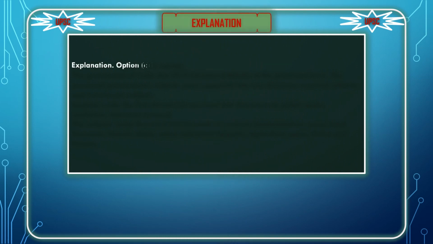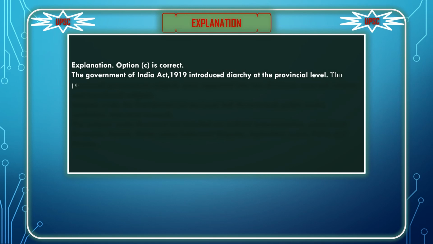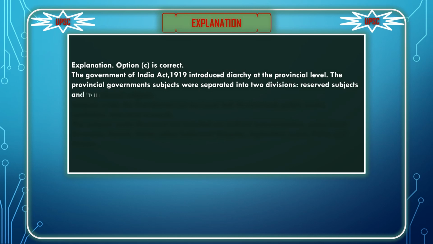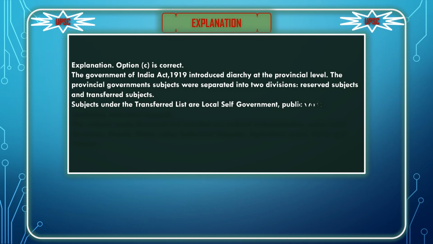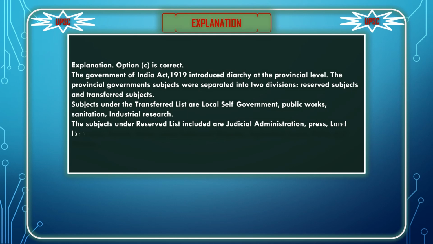Explanation. Option C is correct. The Government of India Act 1919 introduced diarchy at the provincial level. The provincial government's subjects were separated into two divisions: reserved subjects and transferred subjects. Subjects under the transferred list are local self-government, public works, sanitation, industrial research. The subjects under the reserved list included are judicial administration, press, land revenue,